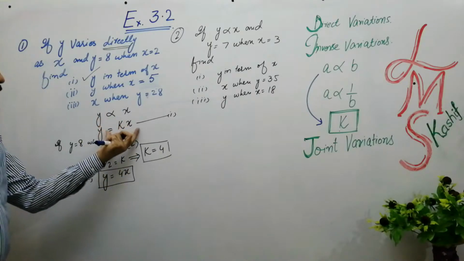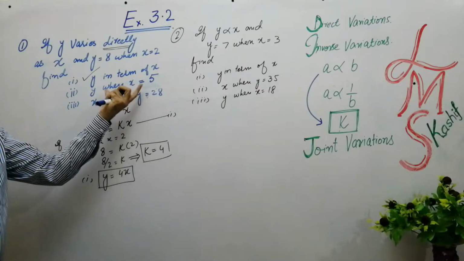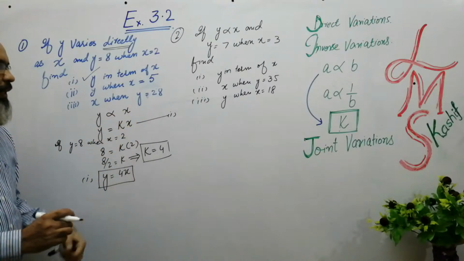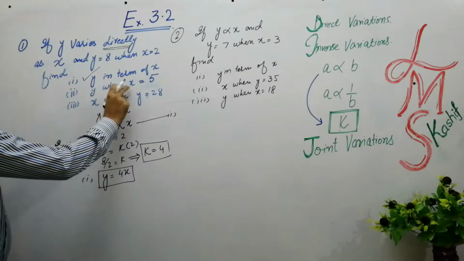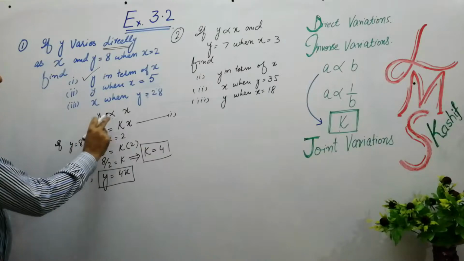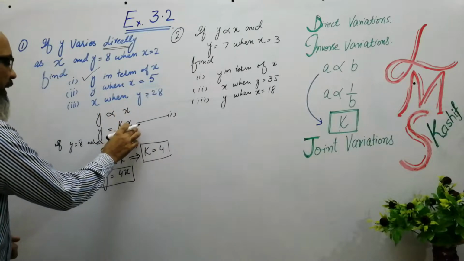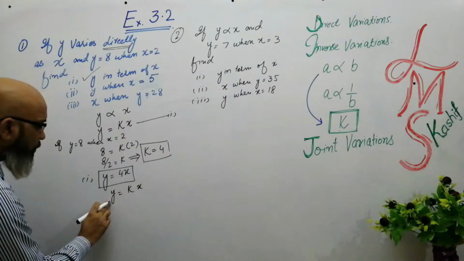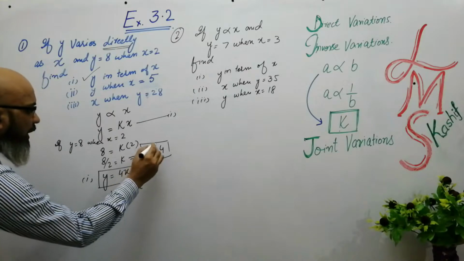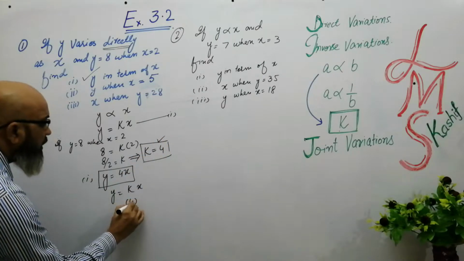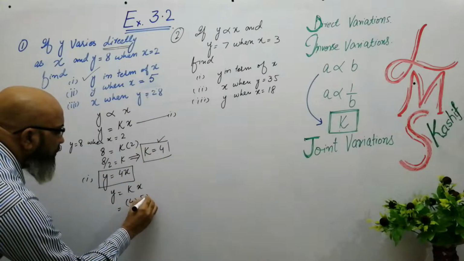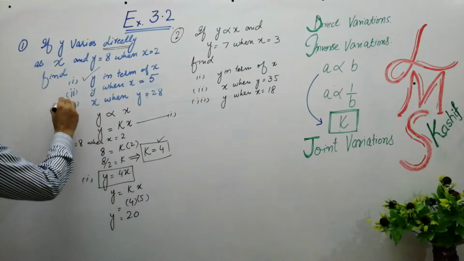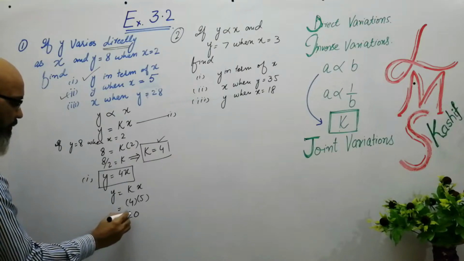अब हम यही equation 1 को बार बार use करके दोनों questions के लिए solve करेंगे, and it's very easy. He said find y when x is 5. मींस आपने y फाइंड करना है जब x की वैल्यू 5 है. Take this equation again, y is equal to kx. We have to find y. So what is the value of k? That is 4. And what is the value of x? That is 5. So multiply, that is y is equal to 20. So your second question is also solved.